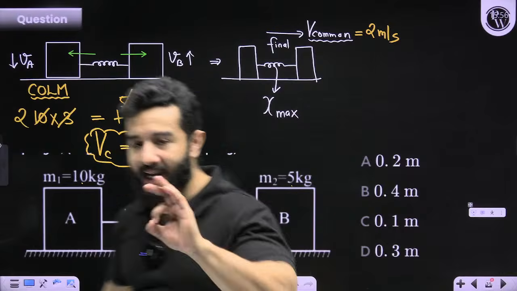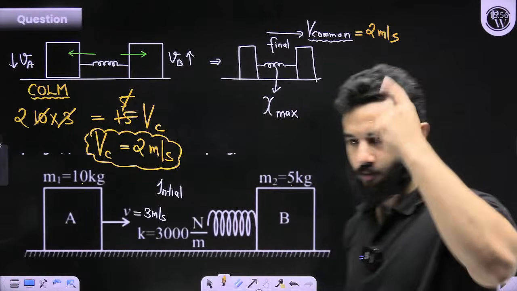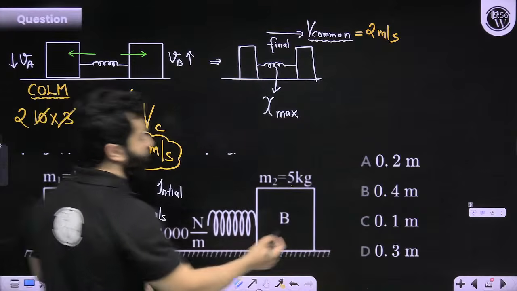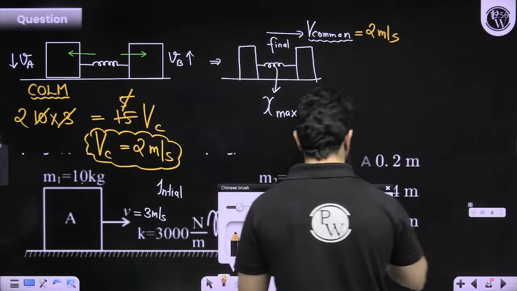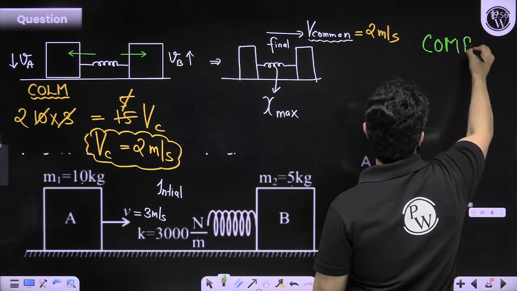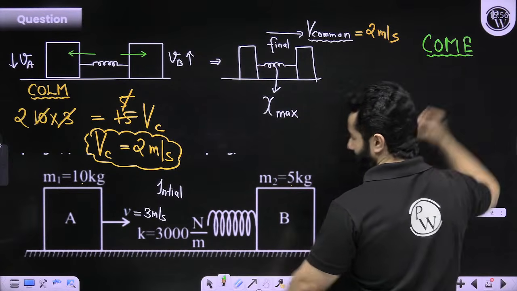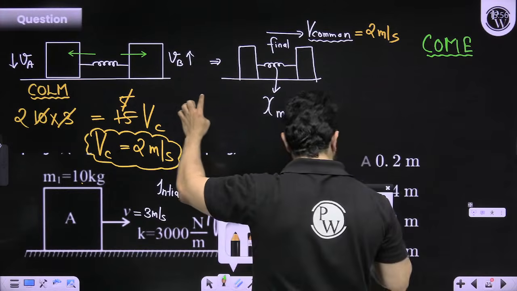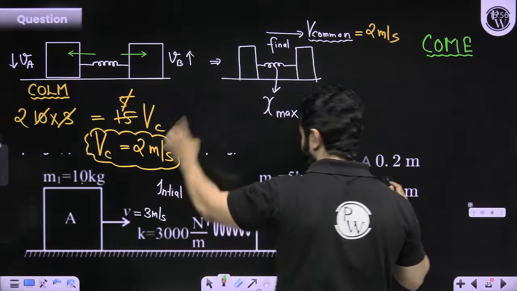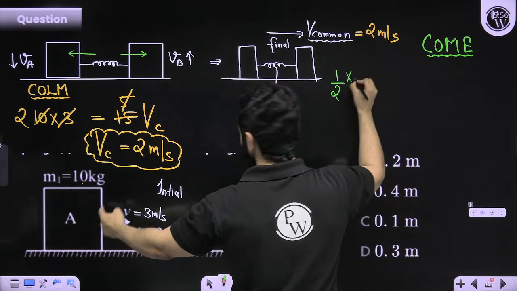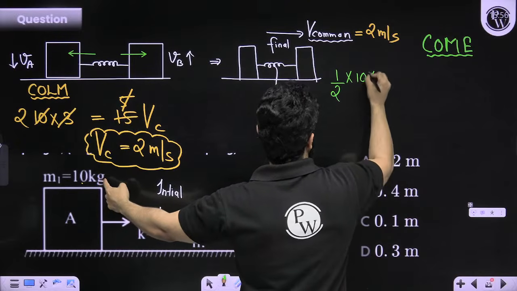Now again, let's apply one more law, one more conservation, that is conservation of mechanical energy. Next is conservation of mechanical energy. This is the initial point, this is the final point. We are going to write, initially we have got only kinetic energy, that is half mass into V square